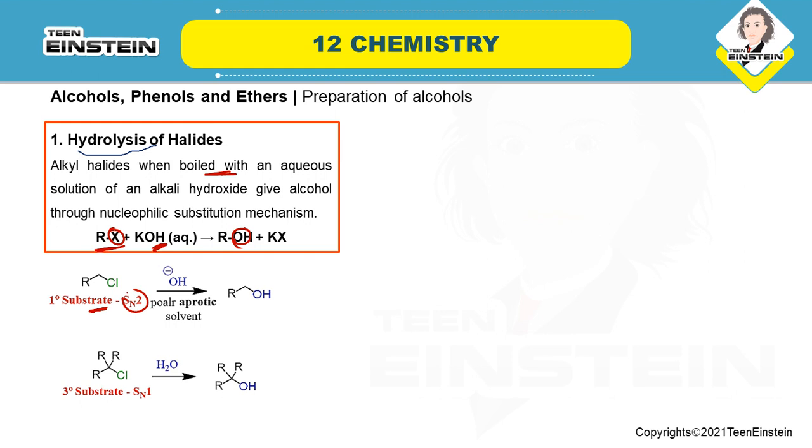chapter if you want to get proper ideas about SN2 and SN1. Fine. So when it is 1 degree alkyl halide, SN2 mechanism will be preferred, and in SN2 mechanism polar aprotic solvents are used. This is the nucleophile HO minus, and we are getting RCH2OH. Next example is 3 degree substrate, because the carbon with which chlorine is attached is attached to 3 more alkyl groups, so it is 3 degree substrate, and here we are not using any KOH, we are simply using water. Here also